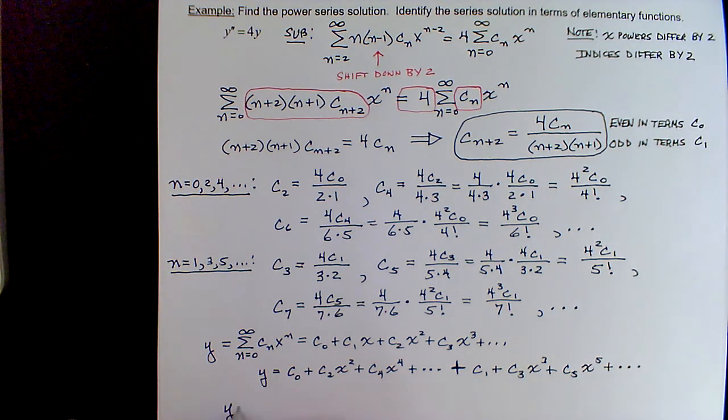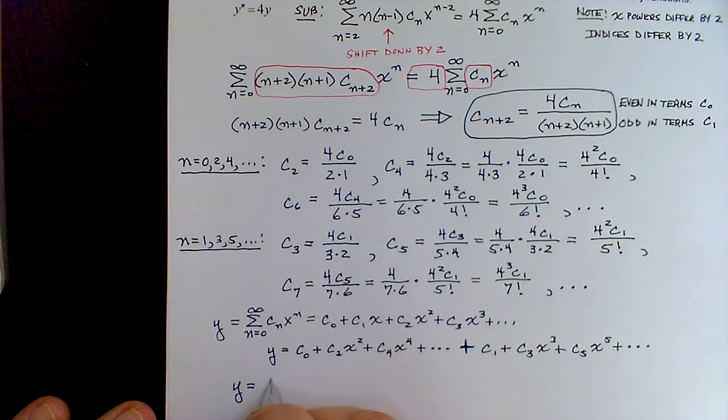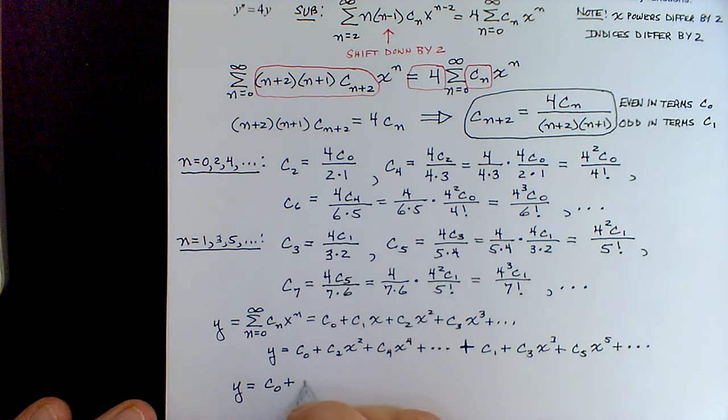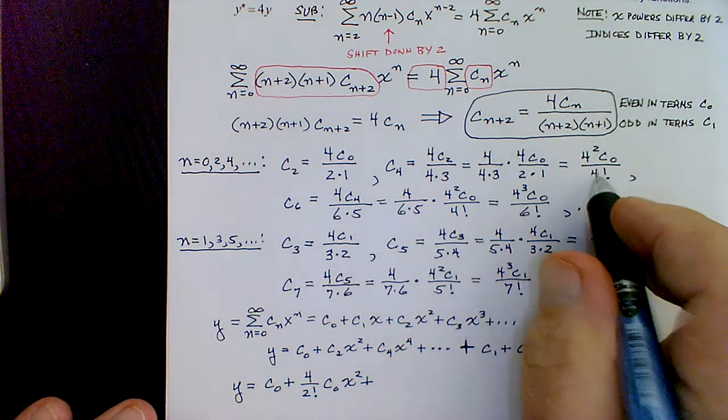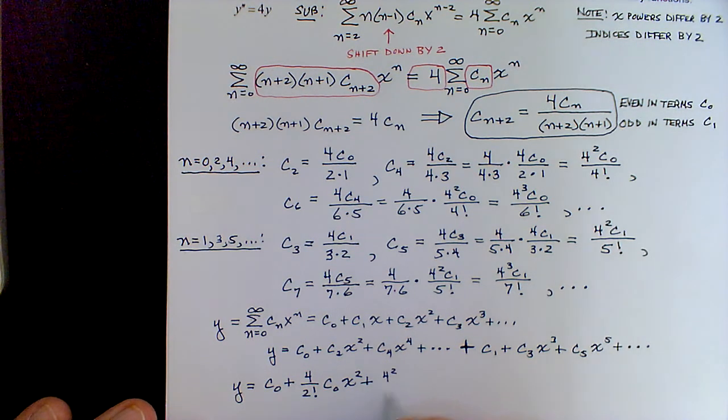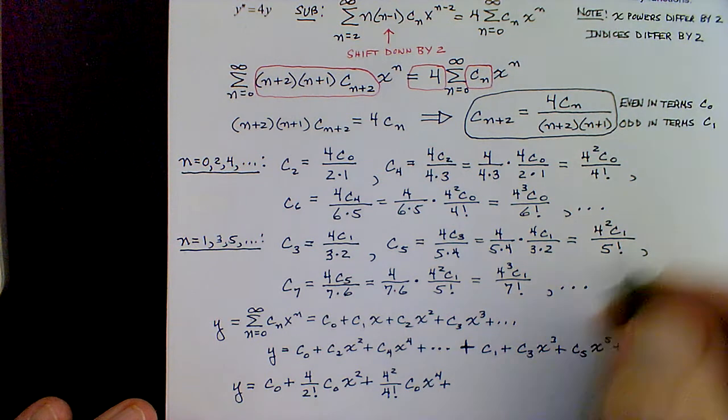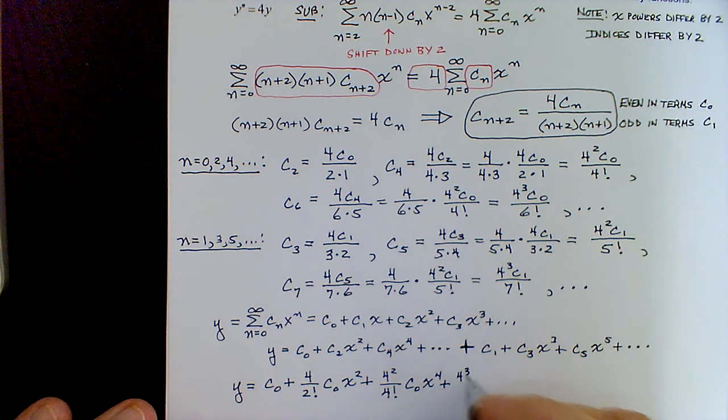And then if you want to show the literal substitution, okay, first off c sub 0, so now everything in terms of c sub 0, c2 was 4 over 2 factorial c sub 0, and that's x squared, plus c sub 4 was 4 squared over 4 factorial c sub 0, and that's x to the 4th, plus, let's do the other one, 4 cubed for c sub 6 over 6 factorial c sub 0 x to the 6th. Okay, so those are the even ones,